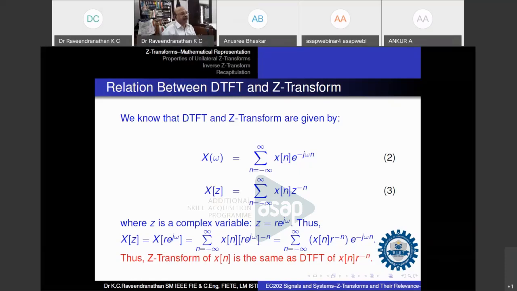Whereas in the case of X of z, the bilateral Z transform, n is from minus infinity to plus infinity x of